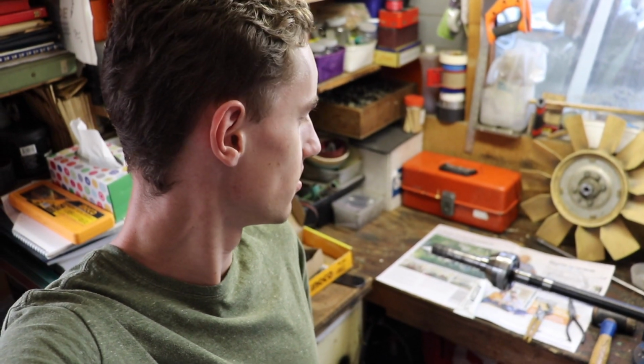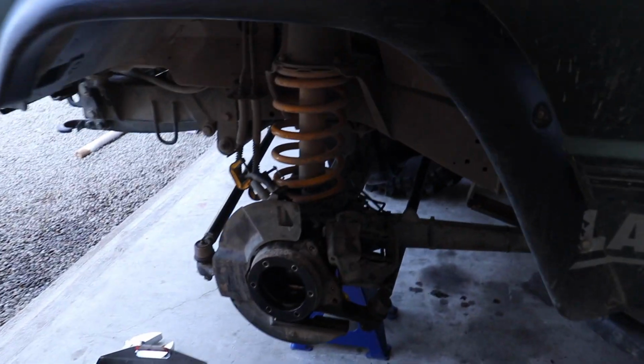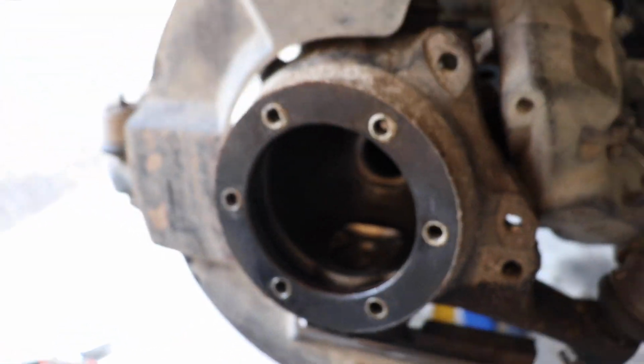So as you can see guys, we've got the CV tapped onto the shaft, so that's all ready to go back into the front end of Lando. We just noticed there's a little bit of oil and just general gross in there, a bit of water and oil mixed together, so we're just cleaning that all out, and then we'll chuck